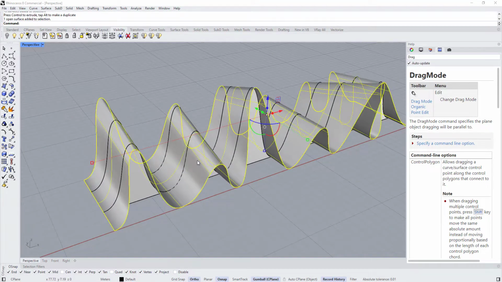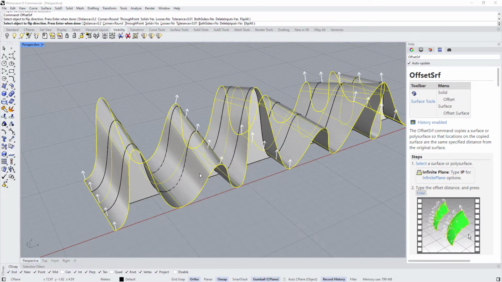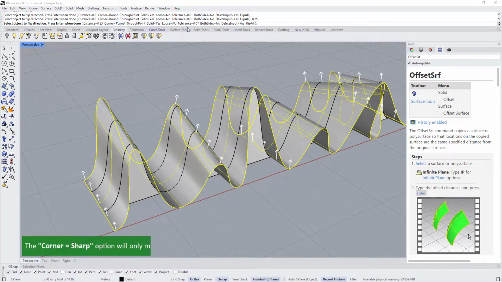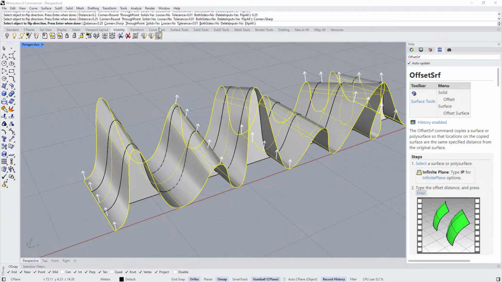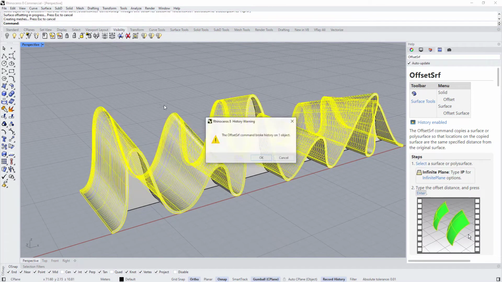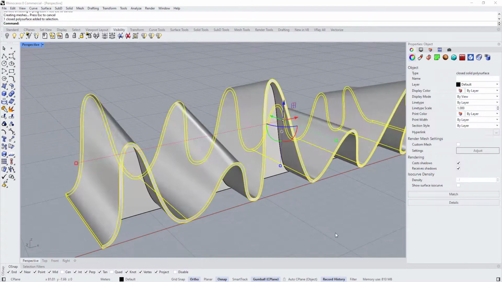Now we can add thickness to this surface, so type offset surface, or we can select it from here. Click on the surface to reverse the offset direction and make sure that the solid option is set to yes, and let's set the thickness maybe 0.25. And there are other options here, we can make the corner sharp and make sure it's solid and loose no. Anyway, and right click,